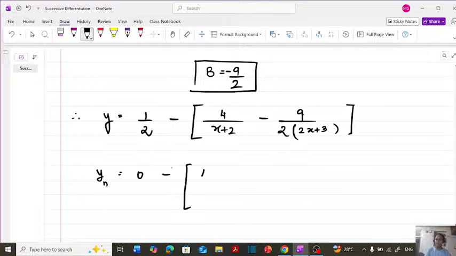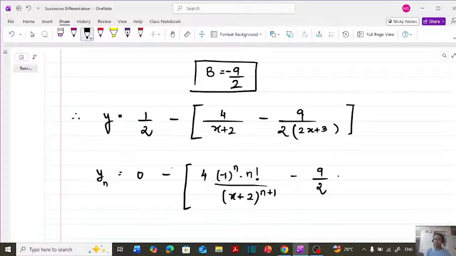Now there is this 4, this 4 will remain outside because it's a constant number. Now when you do the derivative of 1 upon x plus 2, recall the formula that we just saw, formula number 3. Everyone write according to that. So it's going to be minus 1 to the power n into n factorial divided by x plus 2 whole raised to n plus 1. That is the derivative. Now there is this minus sign, so it is minus 9 over 2 into